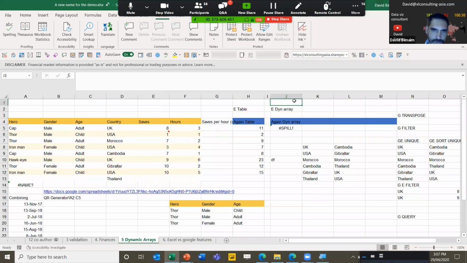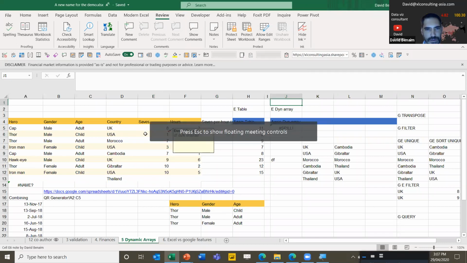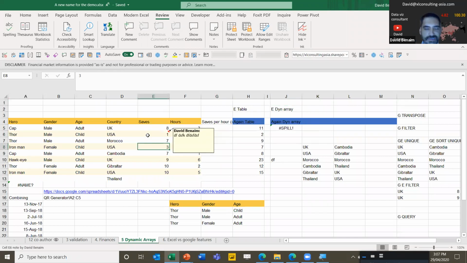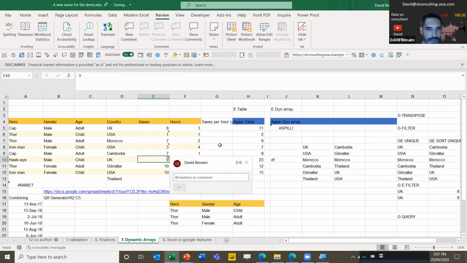Now, this is not a comment. A comment, if we're used to using social media, is something you can comment on, you can reply, you can mention people. That's what we use it on LinkedIn, on Facebook, etc. Now, what Excel has done more recently is they have, controversially, renamed this entire feature to be called a note. If I want a new note, that's what this is. And if you use Excel with Office 365, you can have a comment feature that allows you to say something like this. And then you can reply.